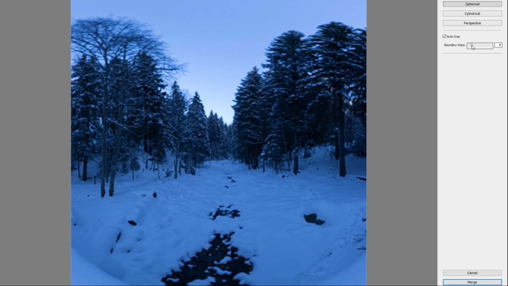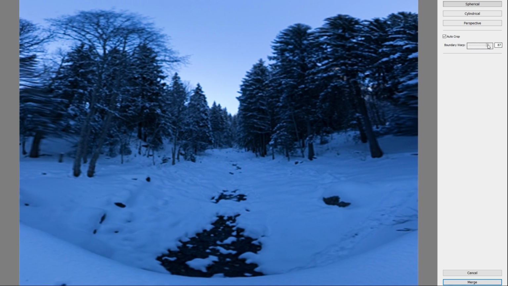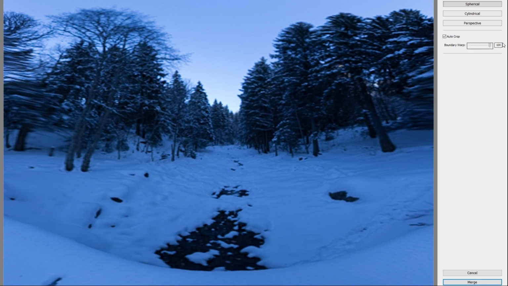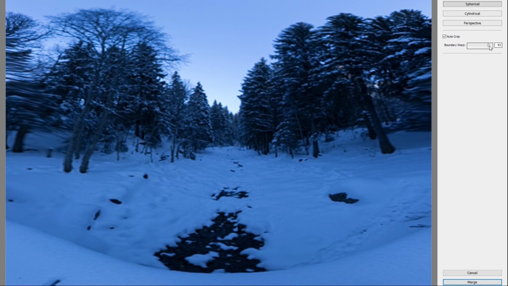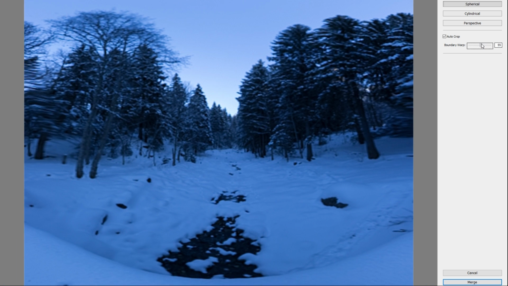But as I bring the boundary warp to the right, it will try to stretch the entire picture, and it will result in some distortion, and the trees will become slightly crooked. Now usually that's probably not something you would want to do, but because I actually want to go for that look, this wide angle look, I'm going to bring the boundary warp quite far to